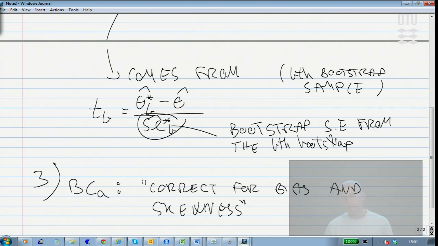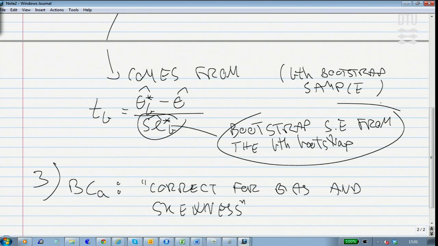So you could set up a way, a bit similar to the idea from up here, but still in a different way, trying to acknowledge the fact that the bootstrap distribution itself is a bit skewed and biased, and use that to construct, in a bit more complex way, a confidence interval for whatever you want to compute.